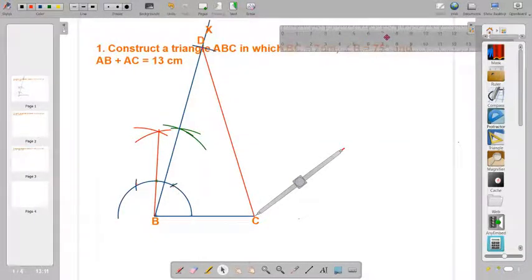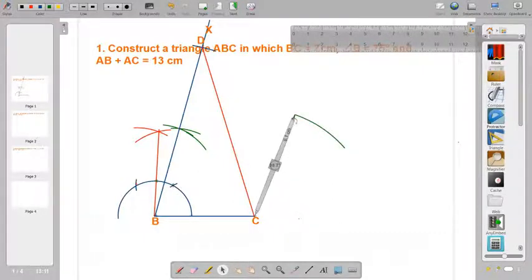Let me remove this ruler. Here I am going to construct two arcs. One is here and another one also. Green color, you can observe, children. Two arcs I have drawn, C as center, one upward, one downward. Now the same radius: by taking the same radius, D as center, you need to construct two more arcs. You should not change the radius.